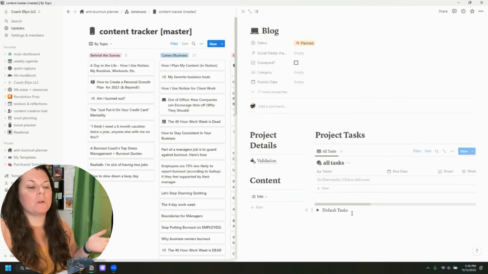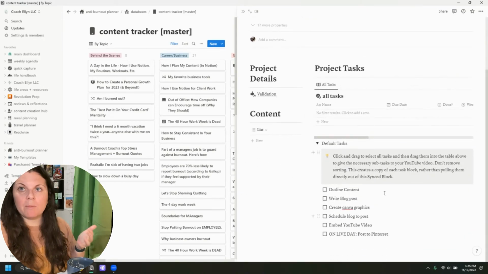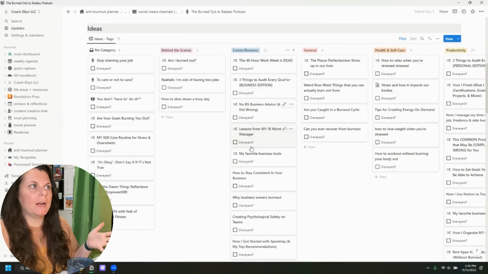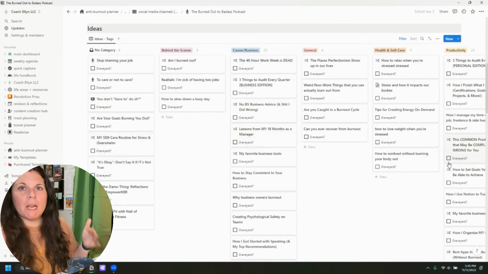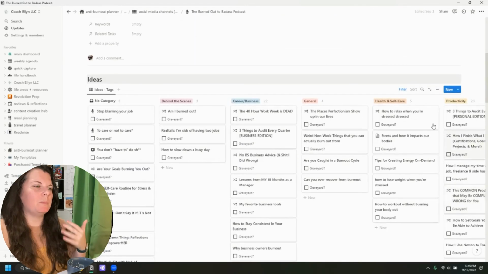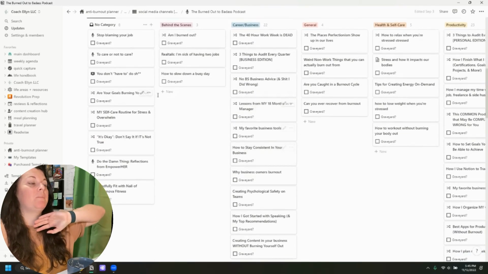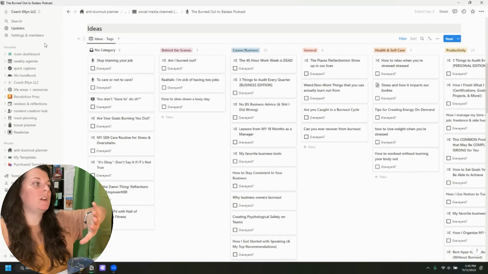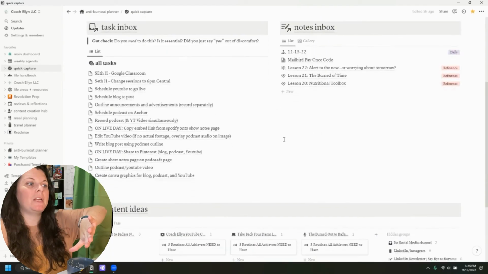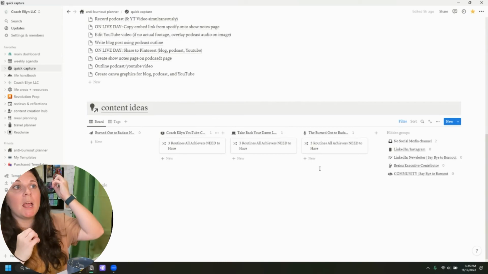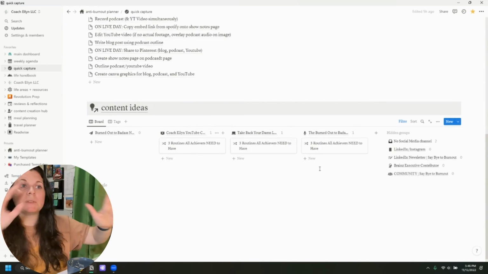So I have these templates built in so that I just have to click them and get started. These templates also include all of the default tasks. So these are kind of my workflows. It's part of the reason why I never really got to put them down here because I have them elsewhere. So that's another big way I stay organized, is I save all of my templates inside of here. So when I have a new idea, not only can I just pop it into this system, I just pop it into my quick capture page that we looked at before, and then eventually I'll go in and decide where I'm going to post it, and I will create my template,